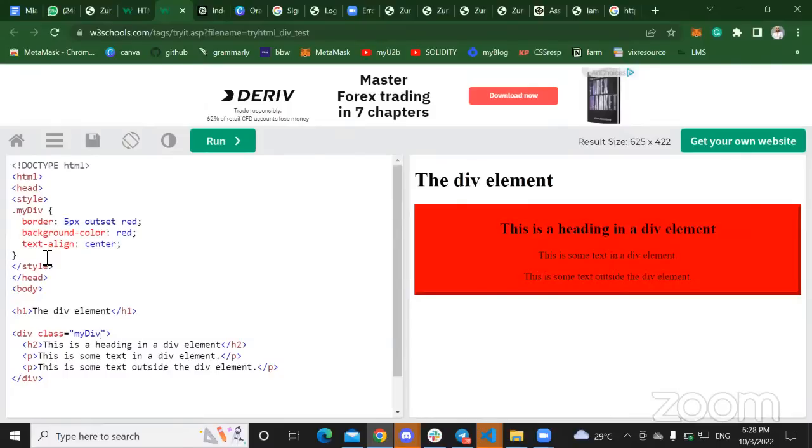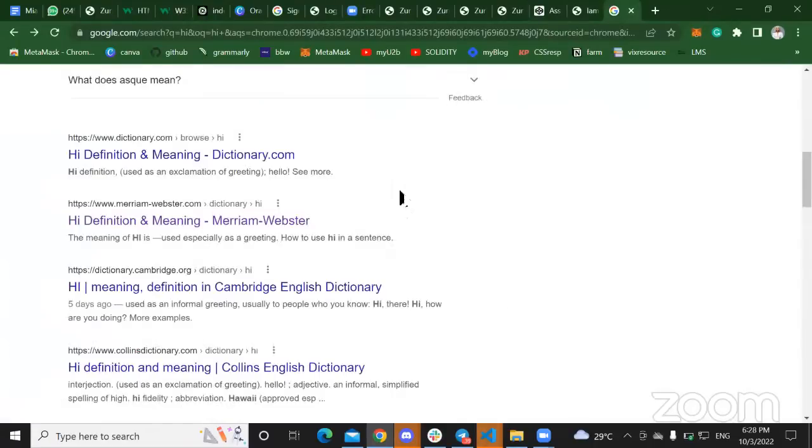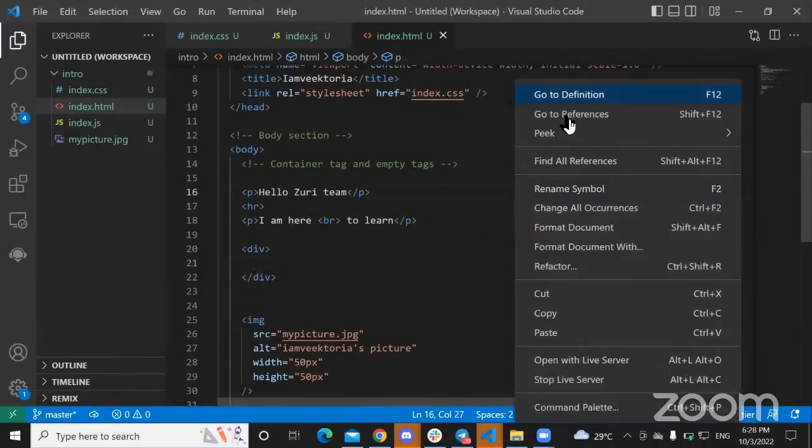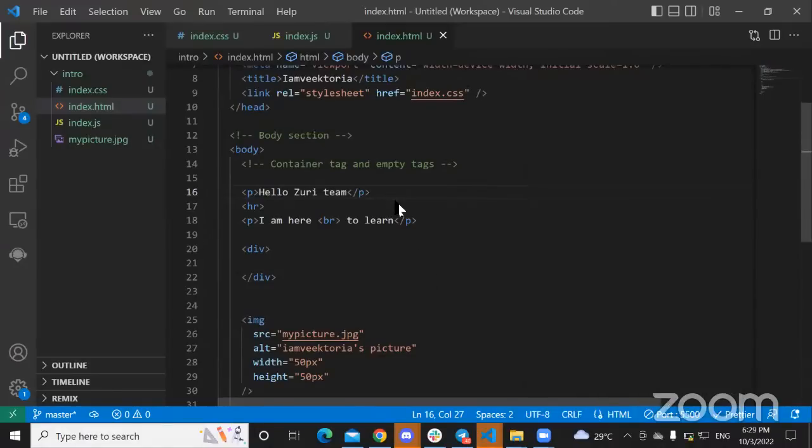A live server is actually what helps you run your code. When you go to this place now, you can save your document and have it display. But you will not have to be saving all the time. The way live server works, when you're working with live server, any change you make here